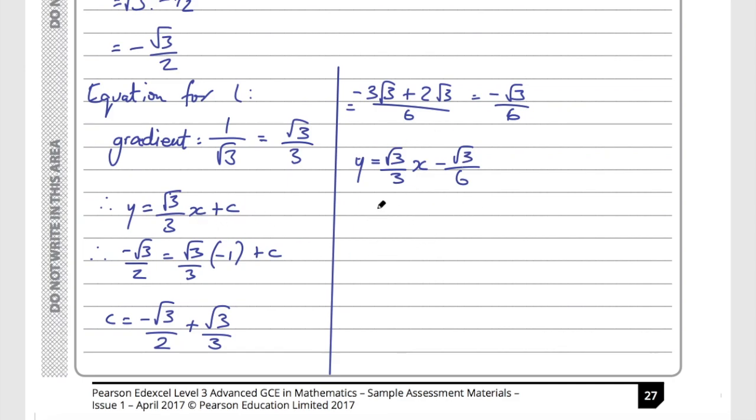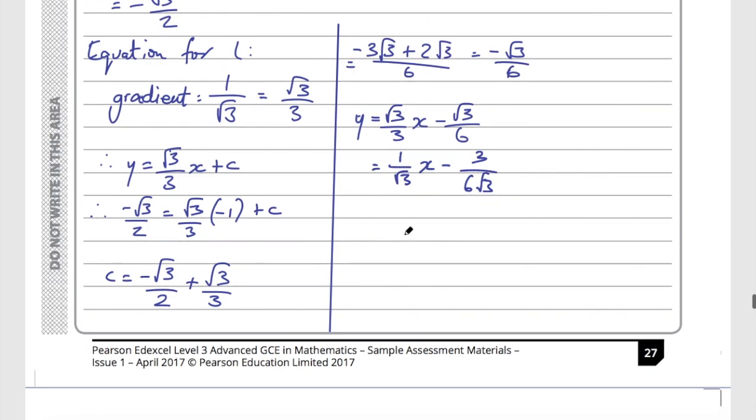So this is actually equal to 1 on root 3x minus 3 on 6 root 3. So you can see I've just reversed the rationalization of those fractions. This is still the same. 3 on 6 root 3 is the same as root 3 on 6. It's just written differently. And so then I can say y equals 1 on root 3x minus 1 on 2